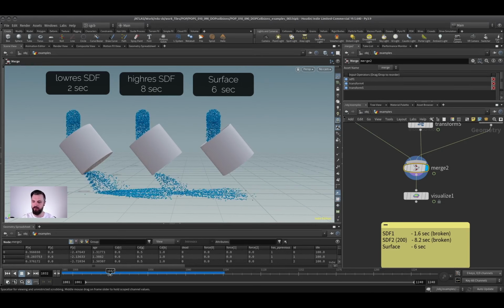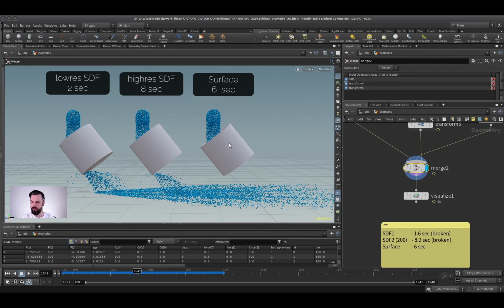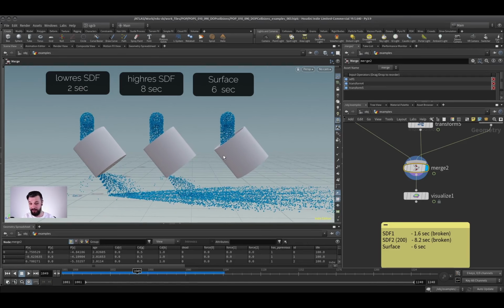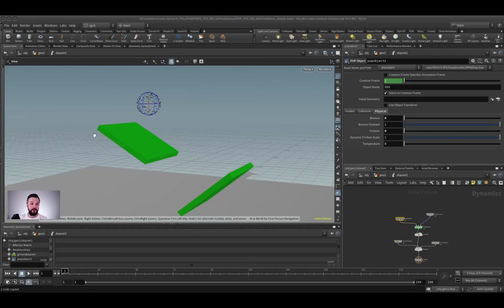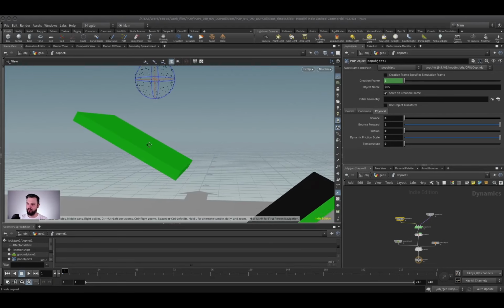The only solution here would be to make the whole thing thicker. But if for some reason I can't do that, then a surface collision is the only possible solution. So it's not always only about speed, it's also about, okay, what works in the first place. Now, one small thing to add to this, we will talk about this later, is when you use the surface